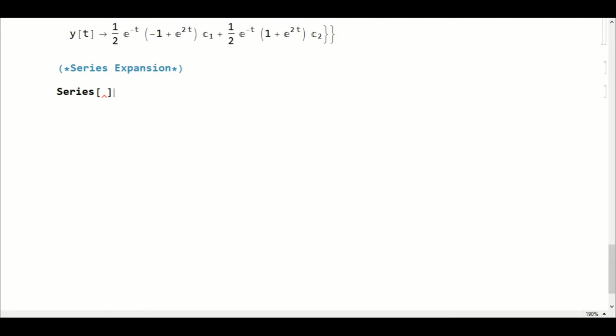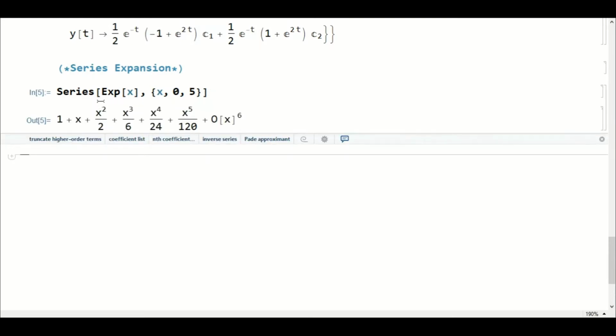Now suppose that I want to find the series expansion of exponential of x. We know that it is nothing but x raised to n by n factorial, and I want to find the first 5 terms of this. So I will write x, varying from 0 to 5. So basically I will get expansion up to the order of x to the 0, to x to the power 5. That much order of expansion I will get.